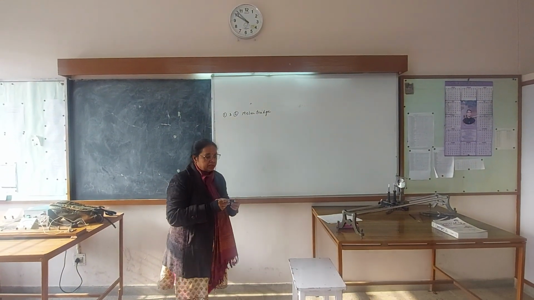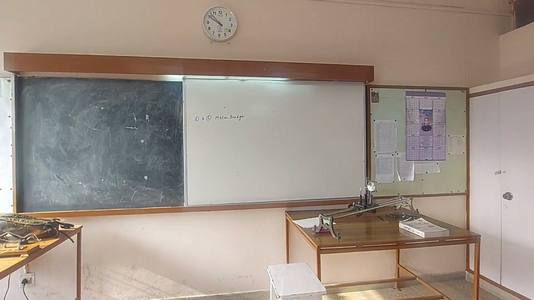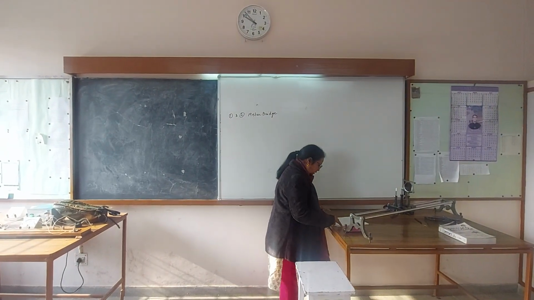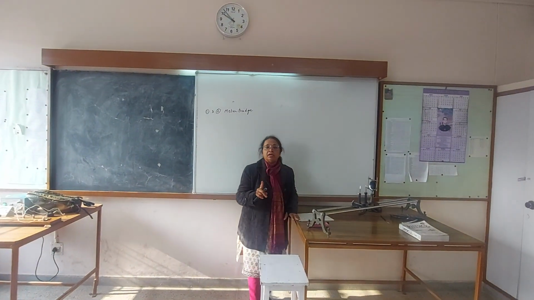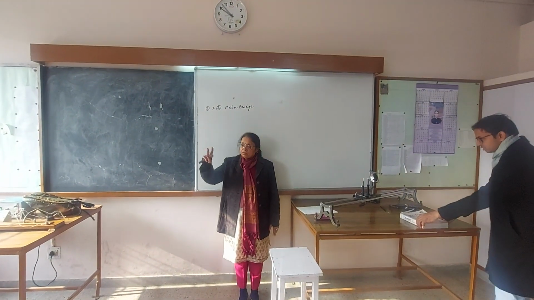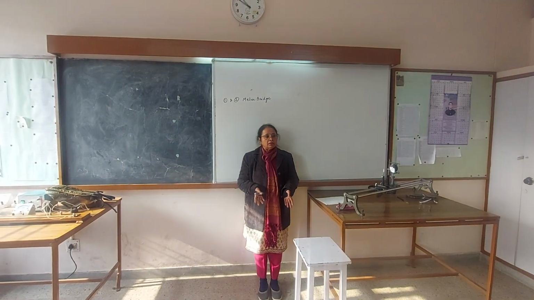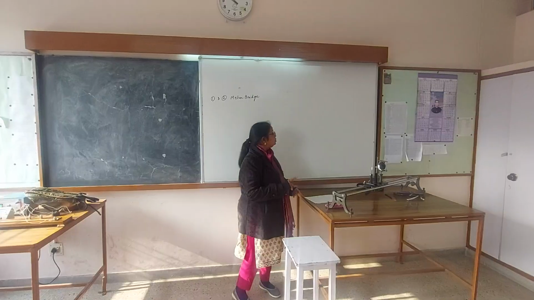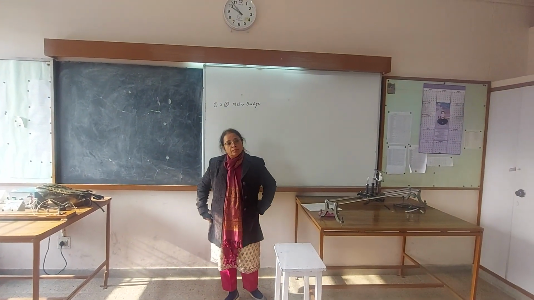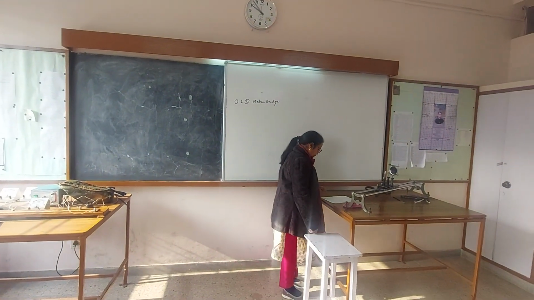What is important in the meter bridge experiment? Circuit diagram, obviously. And what is the mandatory requirement in the table? First of all, we are giving you the standard resistance. The standard resistance value is already mentioned, 5 ohm, 10 ohm. You don't have to ask, there is no wire that we are giving you of unknown resistance, so the experiment is much simpler. Next you should know the least count and write it down. What is the least count of meter bridge? 0.1 centimeter. Please write down in your notebook, so when you revise, you know what all you have to do.